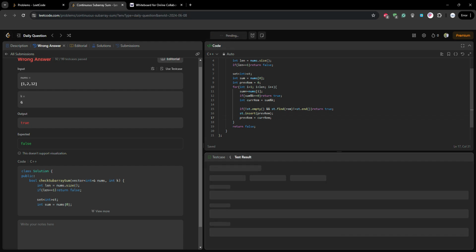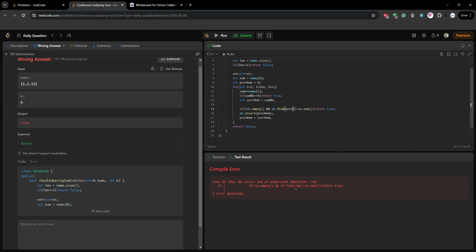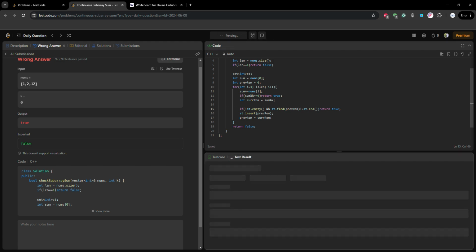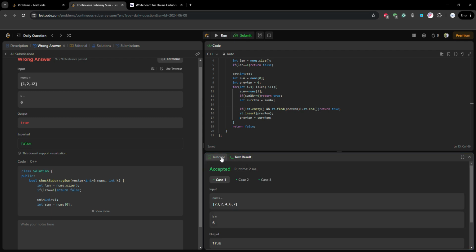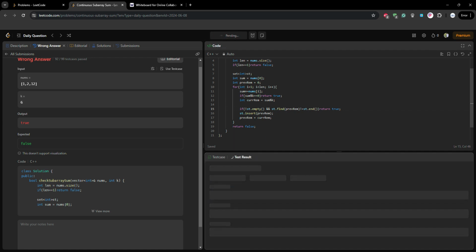I will copy this one as well and run this. Hopefully, it does not break. But it's breaking. So we are going to do this previous remainder, and I will check that complete thing.